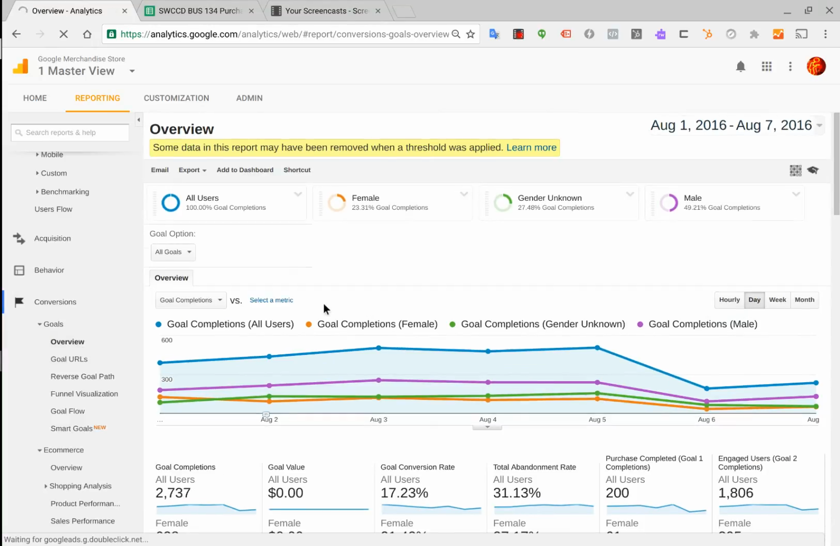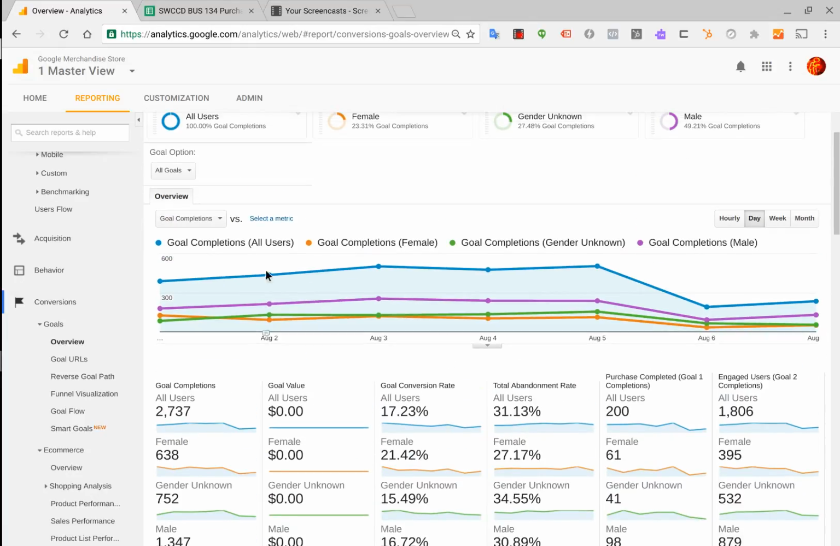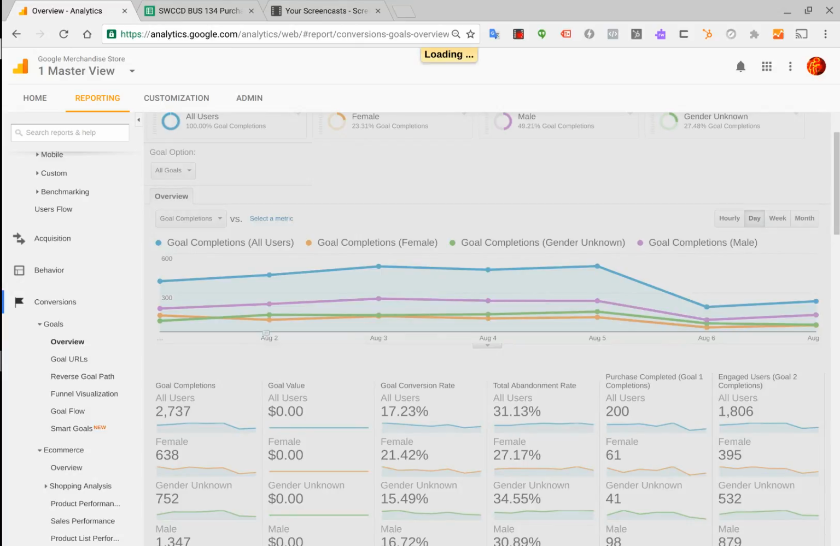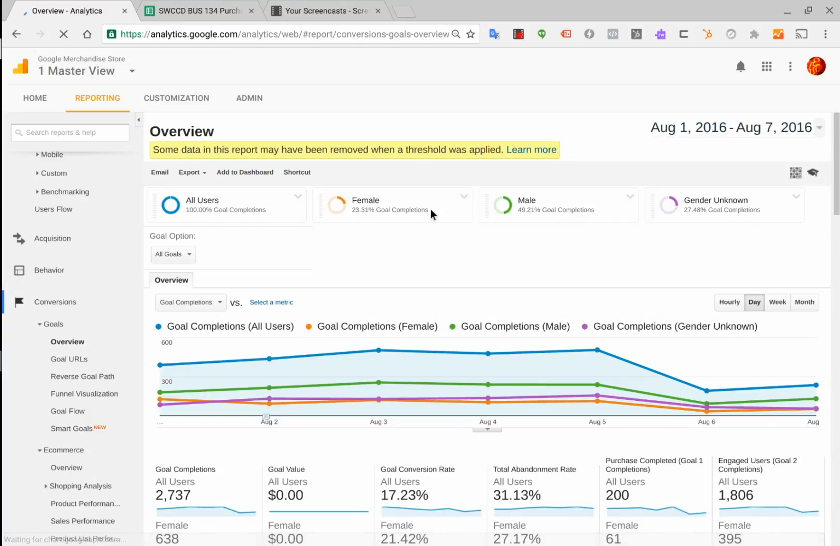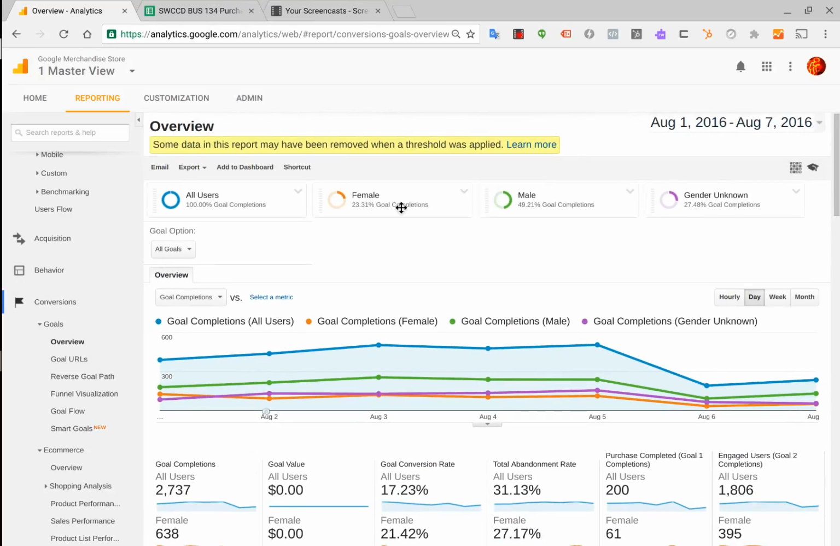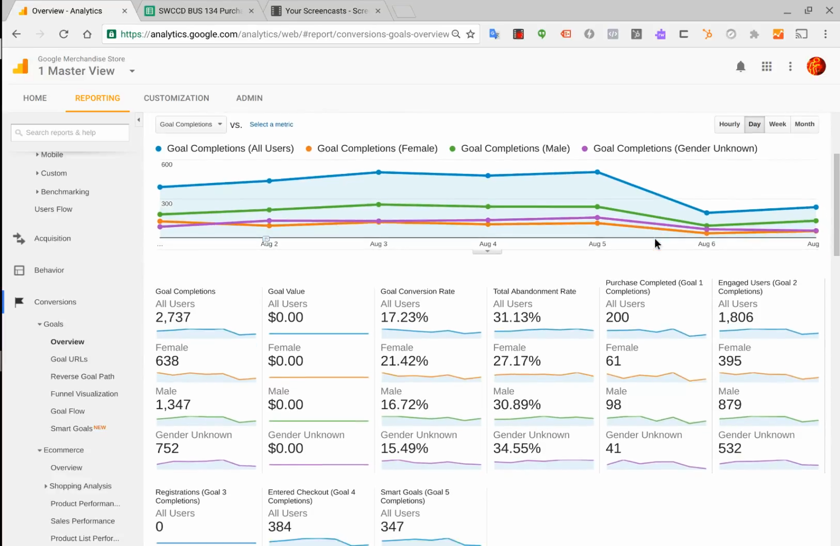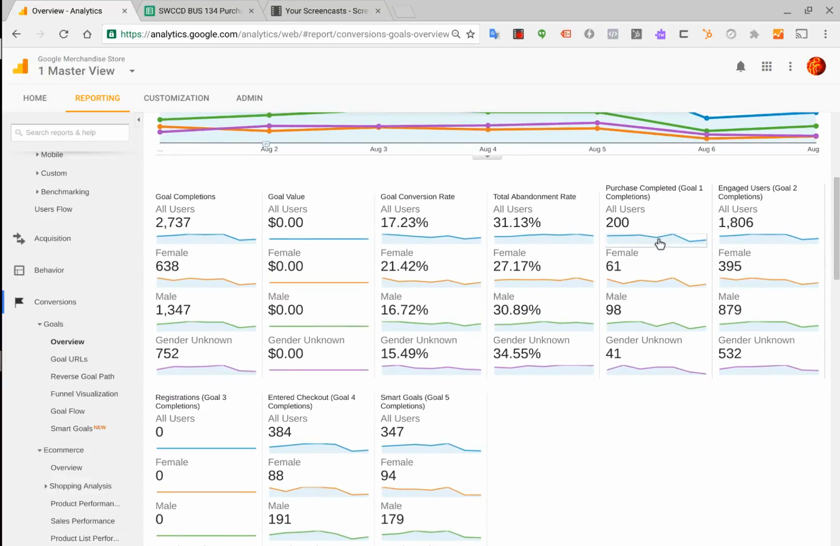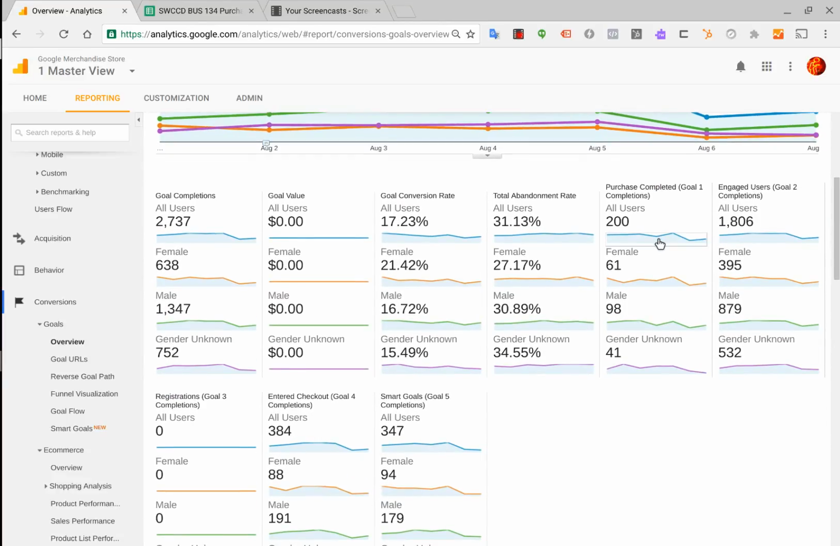And it's remembered those same segments, right? We have all users, female, gender unknown, and male. In this case, I just swapped that so they're in the same order that we're doing them. Again, each one has its own color to help you as you're going through this. And so if you remember from the earlier video, we want to look at